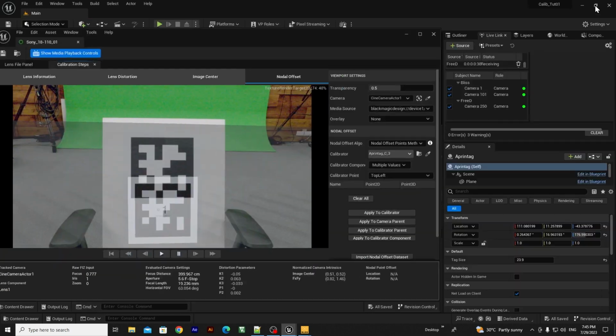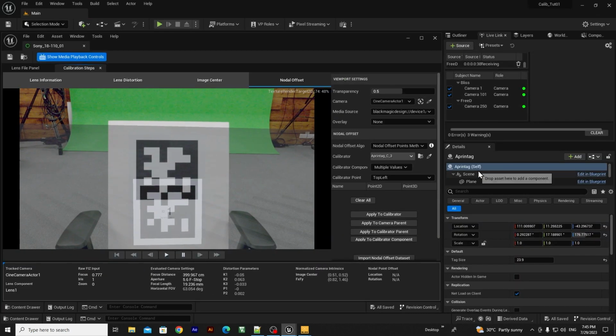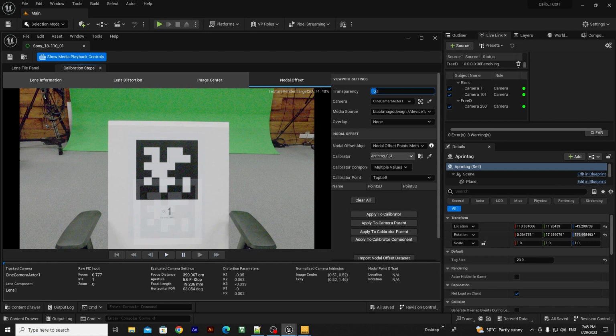Reduce the lens file window slightly and position it side by side with the Live Link and Details panels, while keeping the REtracker selected. Keep an eye on the Live Link panel, ensuring that the tracking data for the REtracker consistently displays a green status. At the same time, monitor the Details panel to confirm that its location and rotation values are being updated throughout the